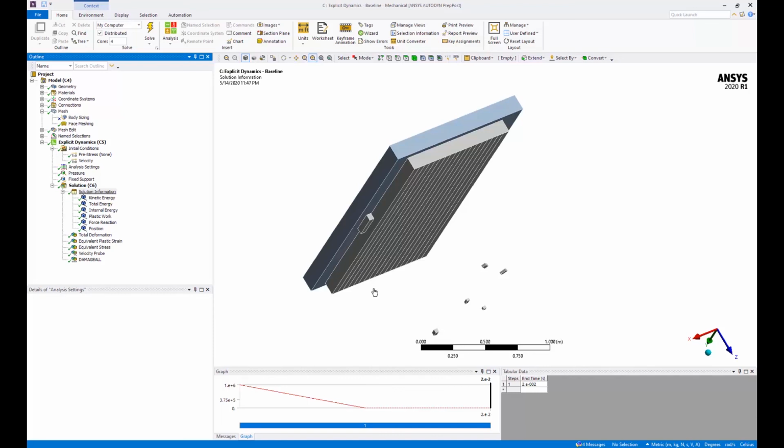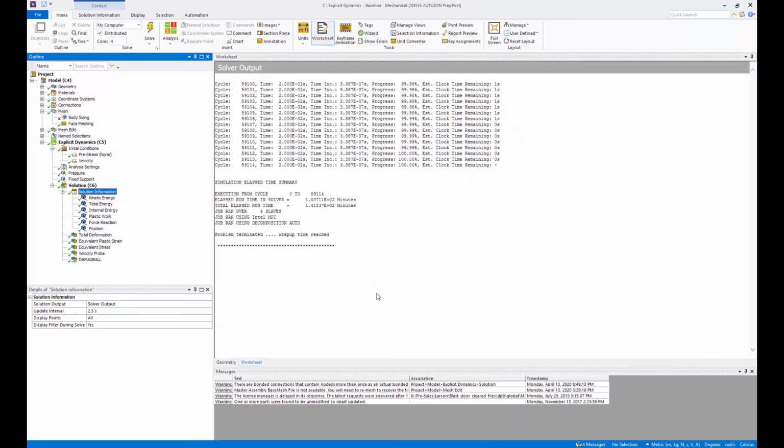If you see here, it took me about 141 minutes to solve with 4 cores. So if a user wants to go faster, so let's say he wants to cut the solution time in half, or maybe even go to like 10 minutes, he can use more cores, and for that ANSYS HPC packs are available. So he can use an HPC pack and really speed up the analysis. In this case, I wanted to show you the difference between just using 4 cores, which takes 141 minutes, and if I go to HPC packs, I can do like 8 cores, 12 cores, which will probably reduce the time in half or something.